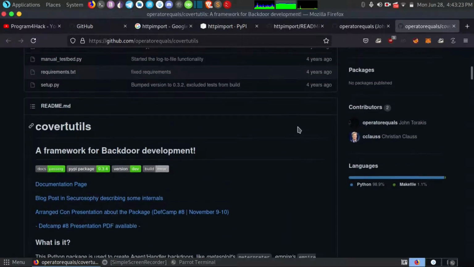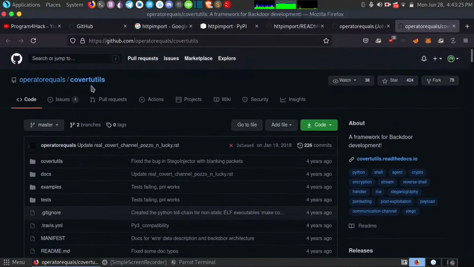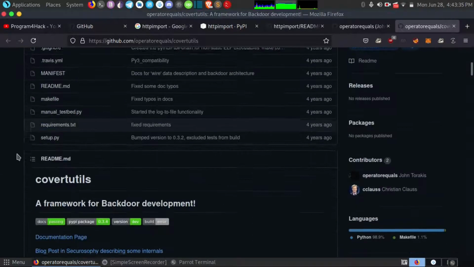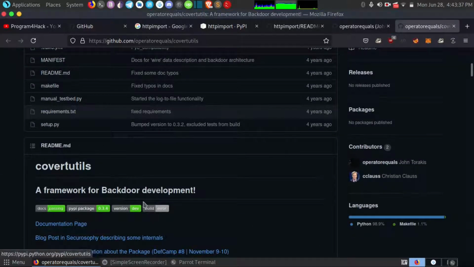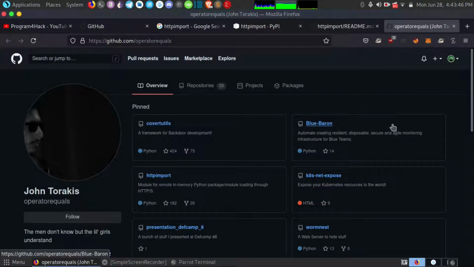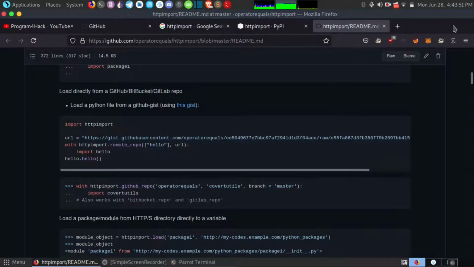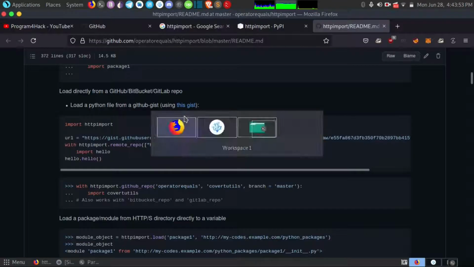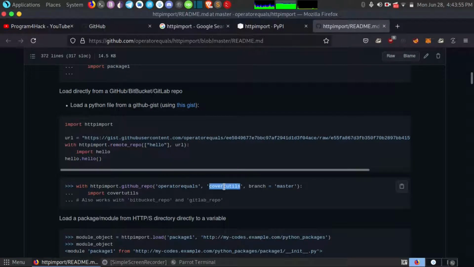You can import this module online using GitHub and use it in your code. It will reduce your code size because this module is so large. I think the size is not defined here. If you see the size of this module, it is large. So I will just remove this and this also. What is the name? Okay, cover